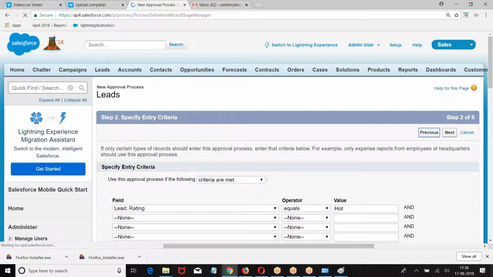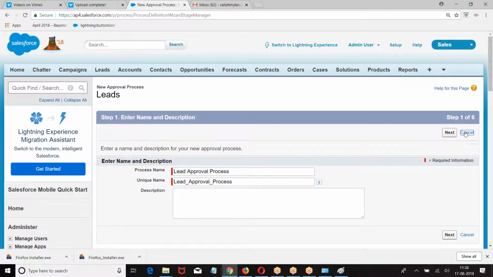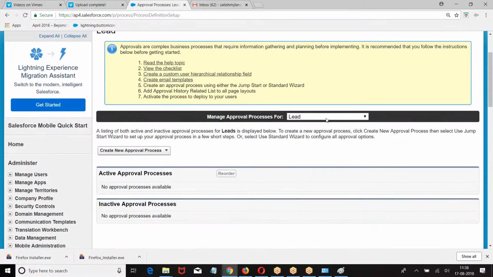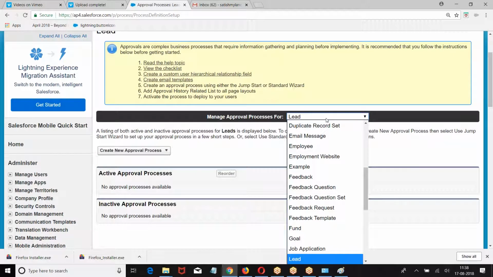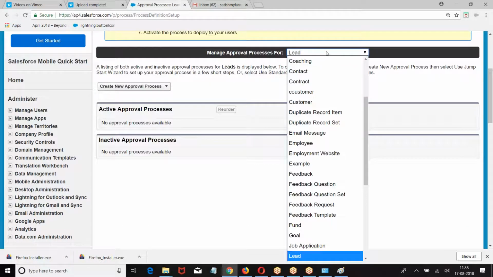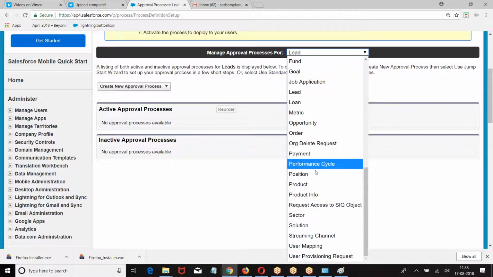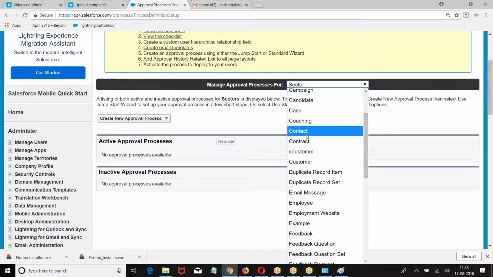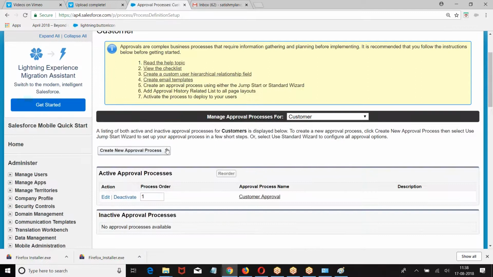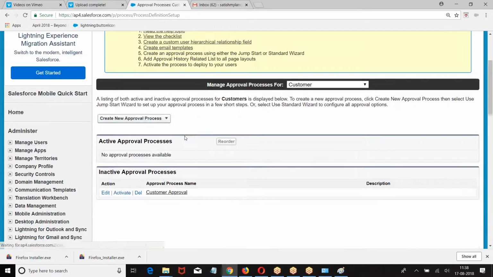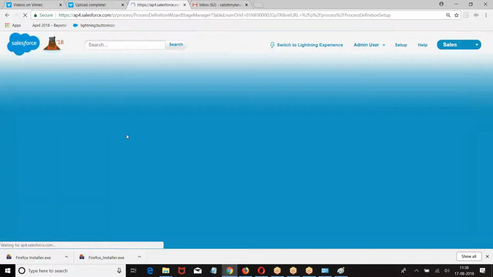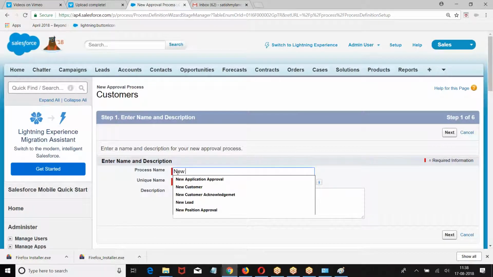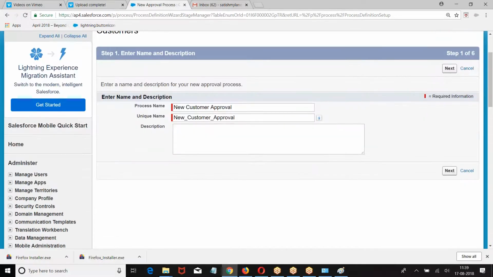Lead object is visible to only users who have Salesforce CRM profile. If you have a Salesforce platform, you will not be able to see lead. So let me choose new customer approval.